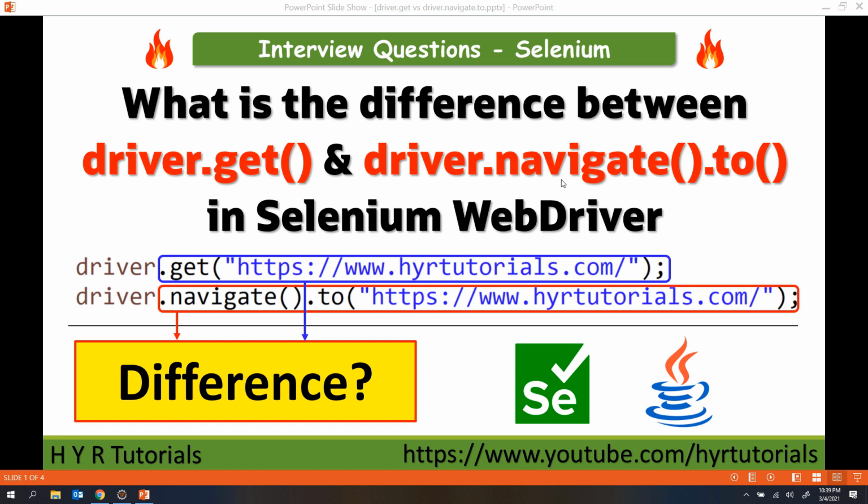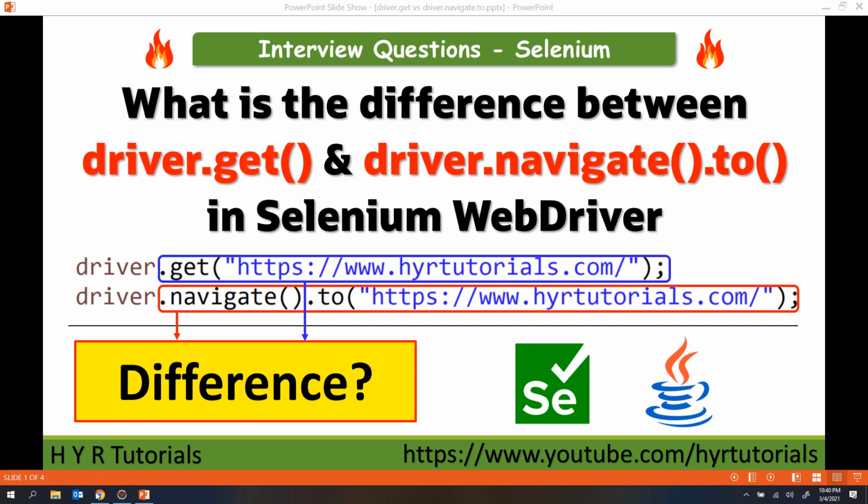The application web page. Once we navigate to the application web page, then we will find the elements, then perform the operations. In the last, we will close the browser, right? Here, opening a web page takes the highest priority. After opening the browser, first we need to navigate to some web page, okay? To navigate to the web page, Selenium WebDriver provides us two methods. Those are driver.get and the next one is driver.navigate.to, okay? These two methods help us in navigating to any web page, okay?